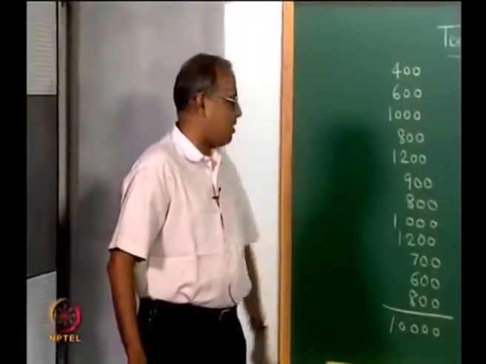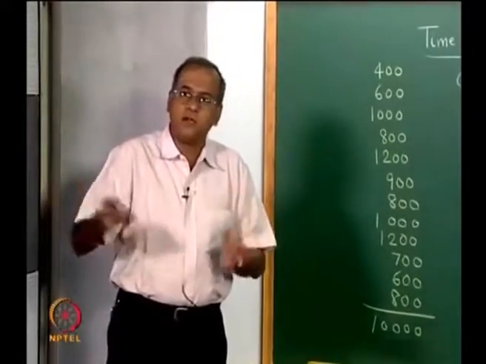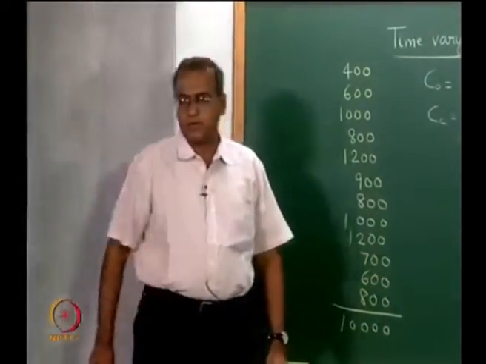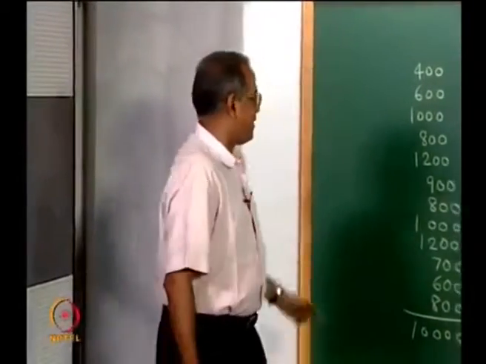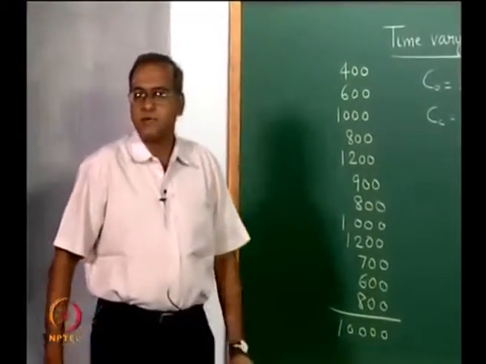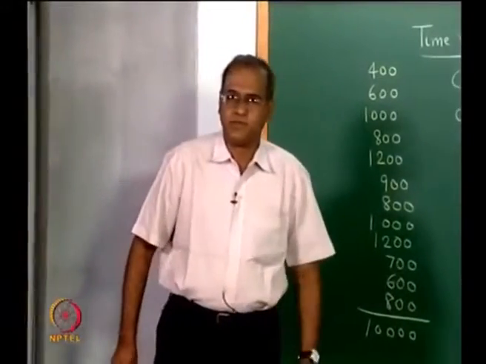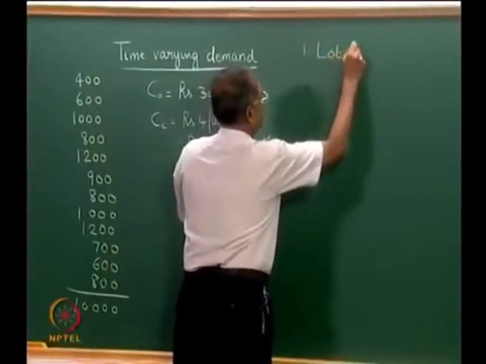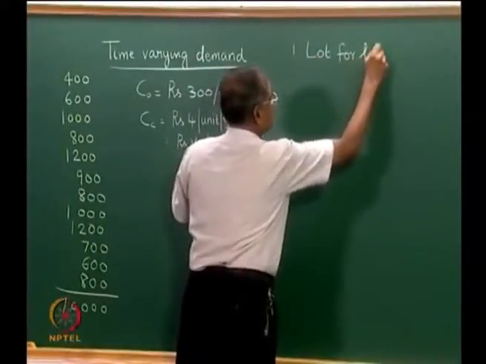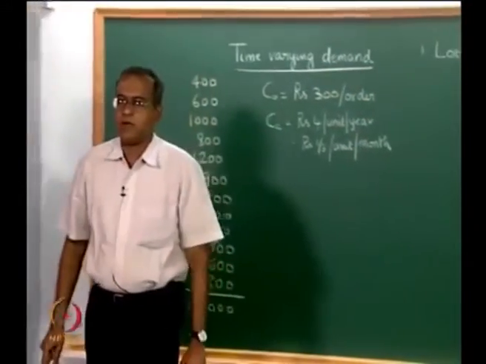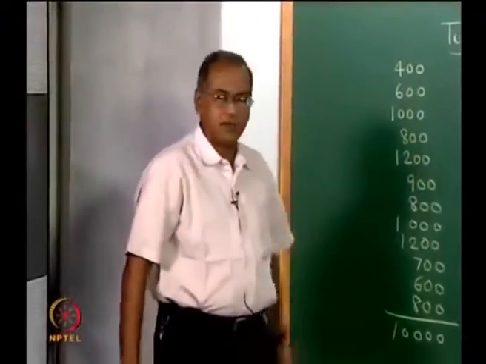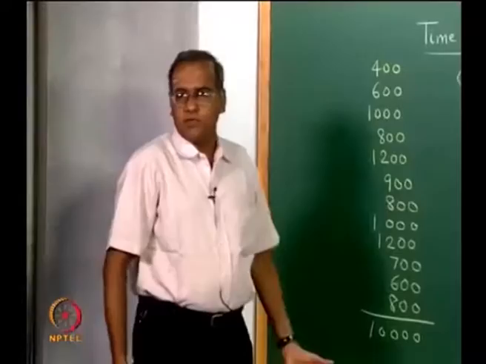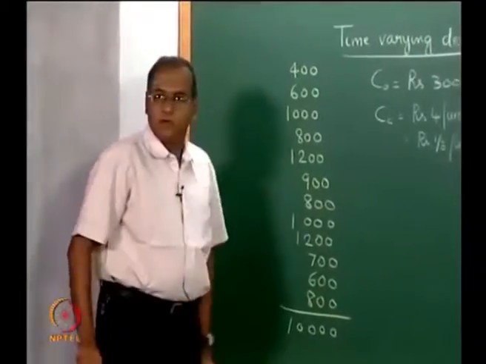But then we will also show how this heuristic can be extended to meet the case where the planning period is not finite and keeps rolling. So, the easiest heuristic is, if we are looking at 12 months, the simplest thing to do is make an order every month. That is called lot for lot heuristic. If the demand time bucket is 1 month for which the demand is known, place an order exactly for that. So, if we do that, we end up placing an order in each of these 12 months.